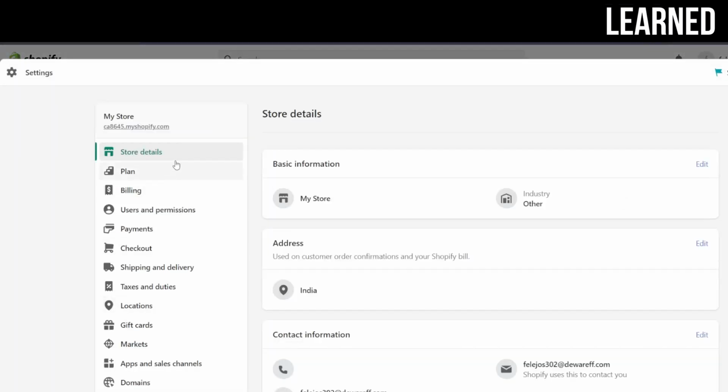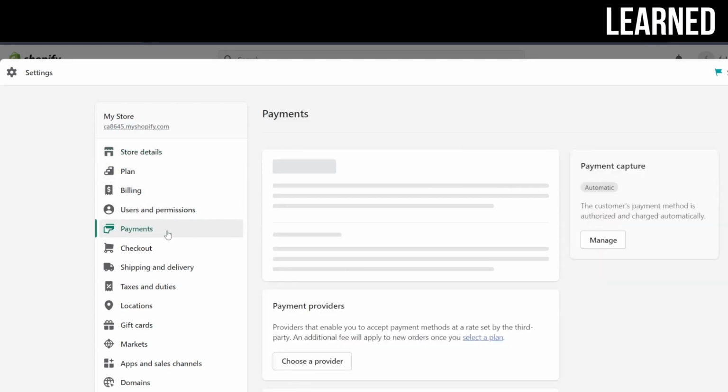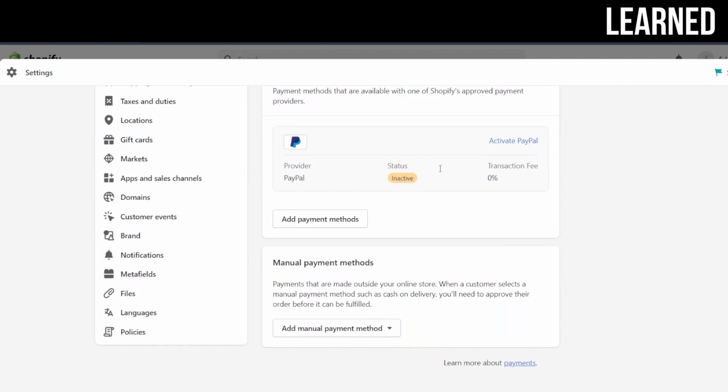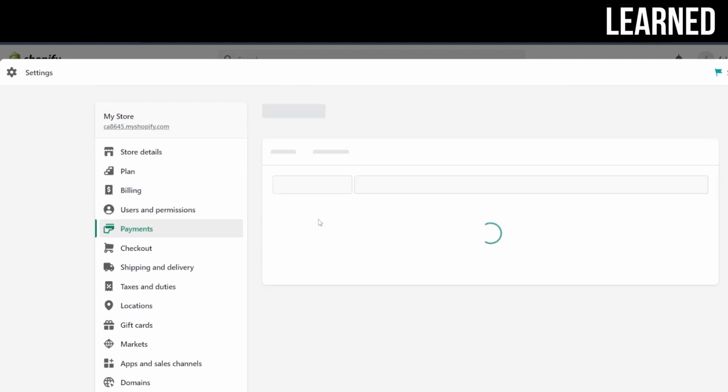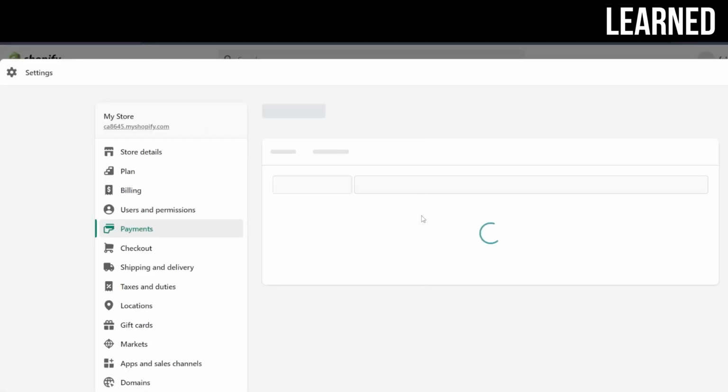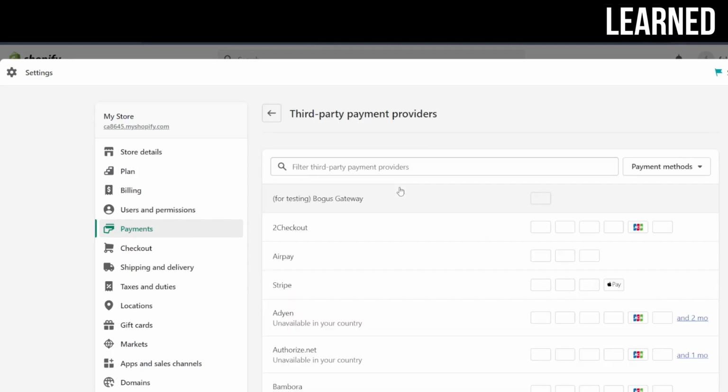And after that, guys, you will see the option which is called payment, right? So just go over the payment, and here you can set everything, whatever payment gateways you want to add to your Shopify store. So here you have to click on choose a provider, and as you choose the provider, it will load for a few seconds and basically it will lead to a new page, and here you have to search Stripe,